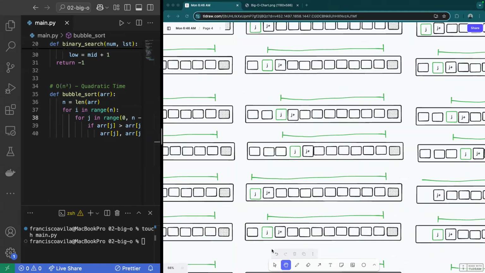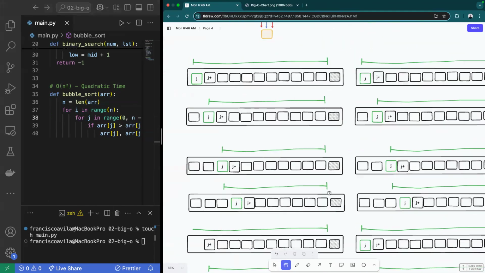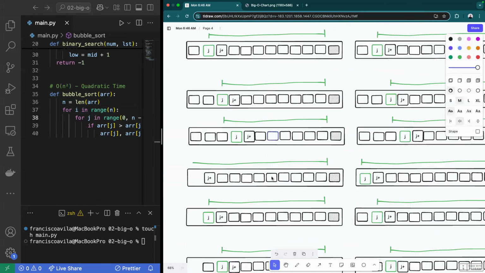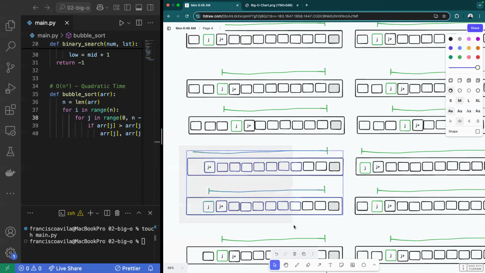Because what if J, by the time it gets all the way to the end, never checks to see if it's greater than that last value, and what if it's not? Or should it just be n minus i? Yeah, the reason behind that, and I fully understand why the question is coming up,